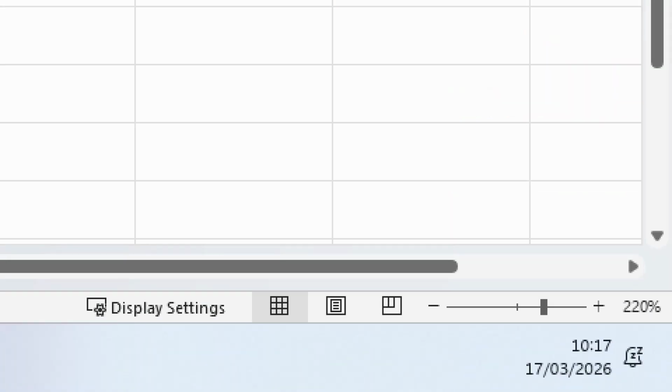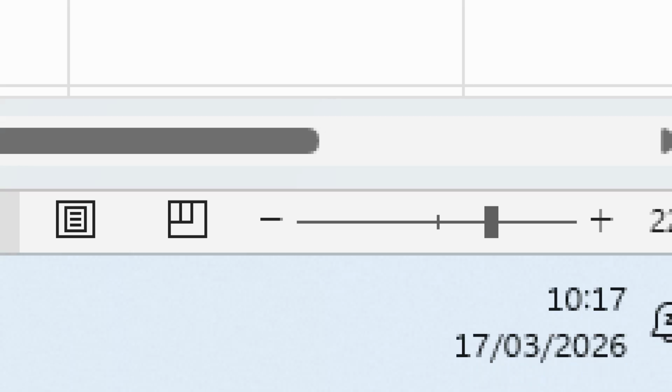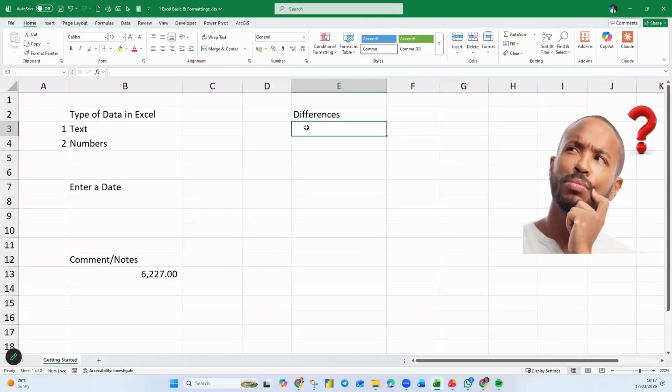You go all the way down to the bottom of your screen. You'll notice that there's a date there. So in my case, 17/03. That means my computer is reading day followed by month followed by year. So if I were to type the date, then I have to type day followed by month followed by year. Now, if you are not very sure because you didn't set this computer up and it looks weird, never mind.